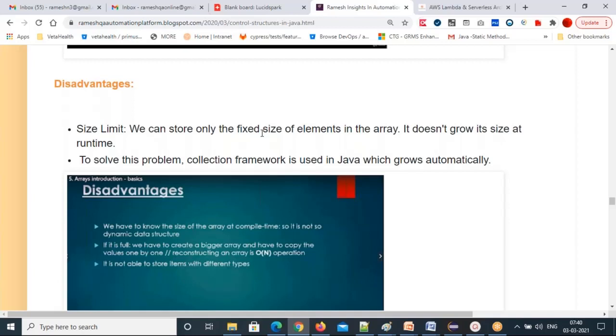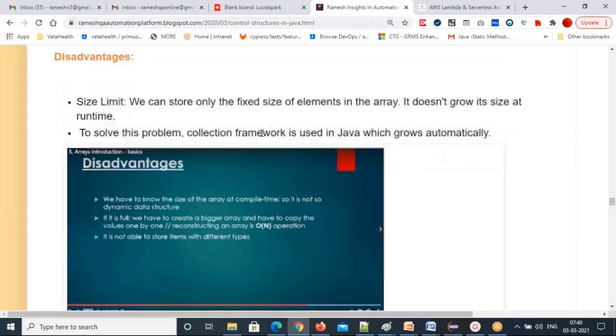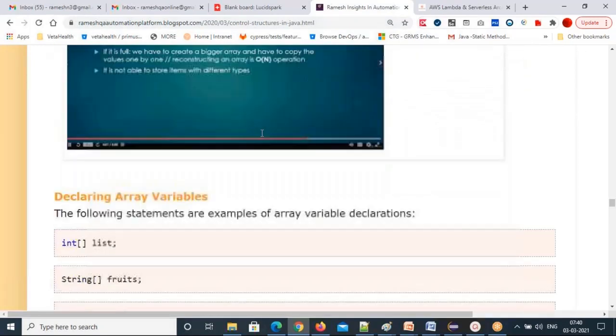If you try to put a 6th element, it will throw a runtime exception: an array index out of bounds exception. If you want to solve this size issue, you can go for the collection framework, which automatically grows at runtime, collapses and expands. That is how you can solve the size issue with collections.